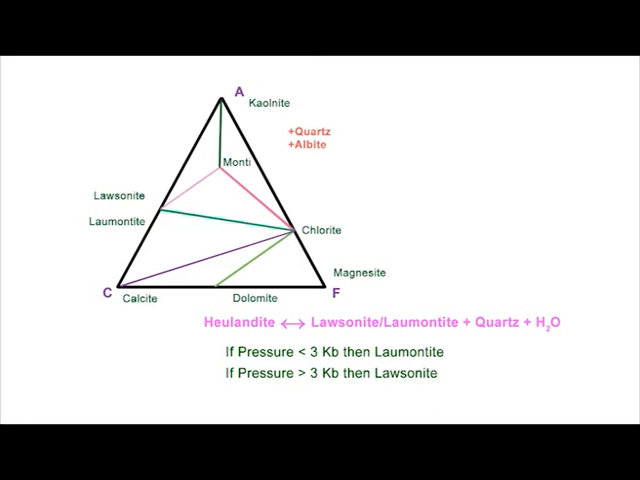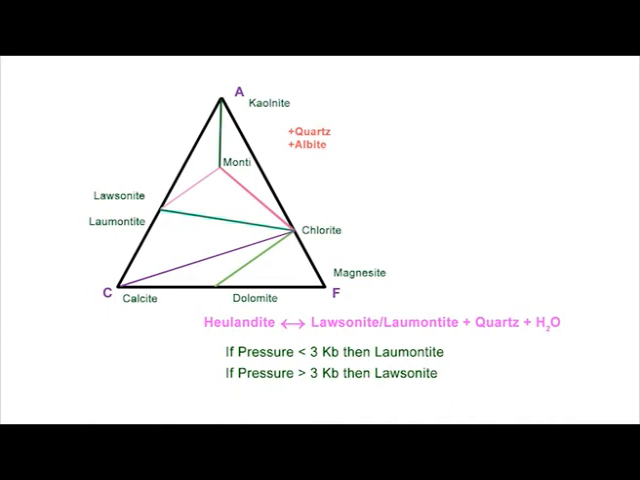Laumontite give rise to lawsonite plus quartz plus water, at 200 degrees centigrade 2.8 kilobar and 250 degrees centigrade 3 kilobar, carried out by Crawford and Fyfe 1965, Nitsch 1971, Liou 1971. Thus, heulandite forms lawsonite instead of laumontite when the pressure exceeds more than 3 kilobar at slightly higher temperature than